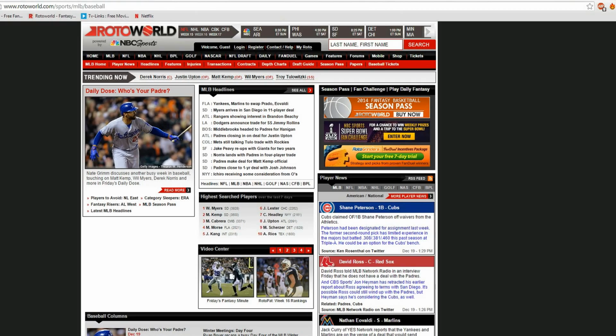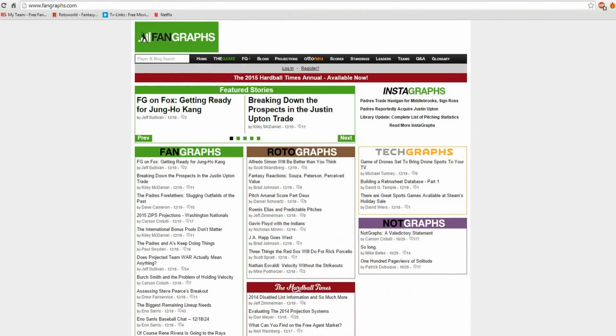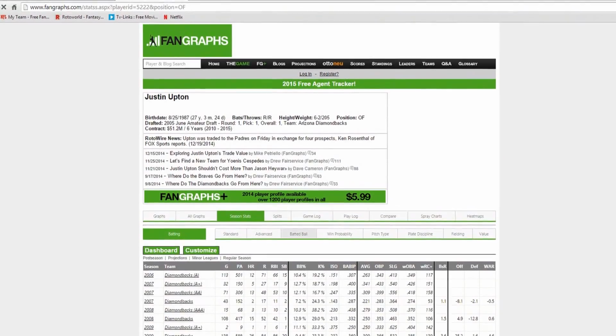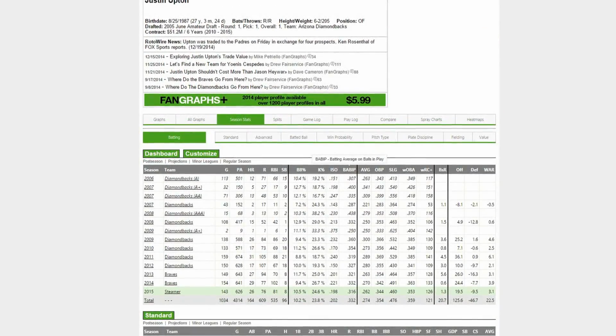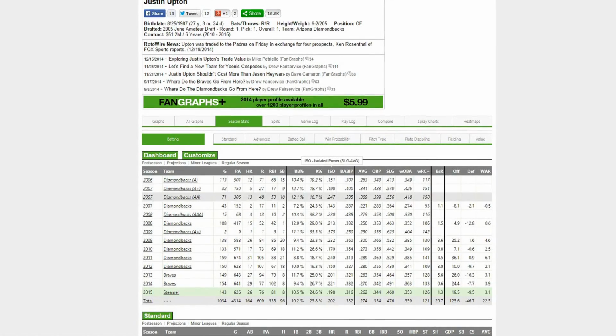If you really want to go in depth with numbers and whatnot and become a baseball nerd, you should probably be hitting up Fangraphs. Fangraphs is great. It uses things like BABIP, which is batting average on balls in play, ISO, isolated power, K percentage, and walk percentage.